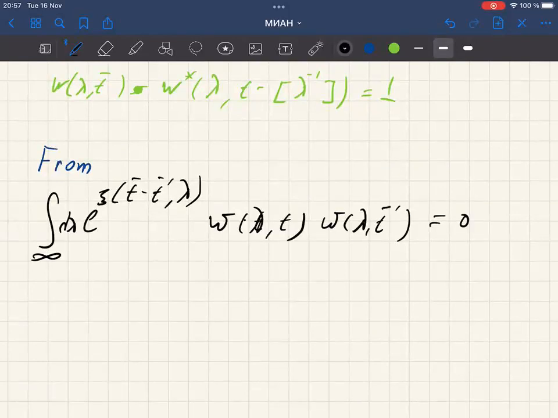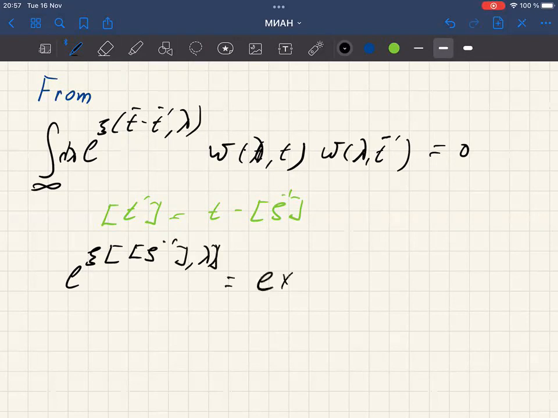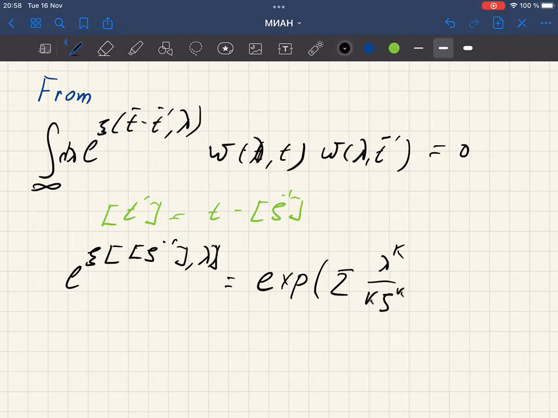Let us obtain this from this equation. We set here t prime equals t minus z into one side shift, and after that we will use that this minus 1 lambda is equal to a x, but some lambda to the power k zeta k,